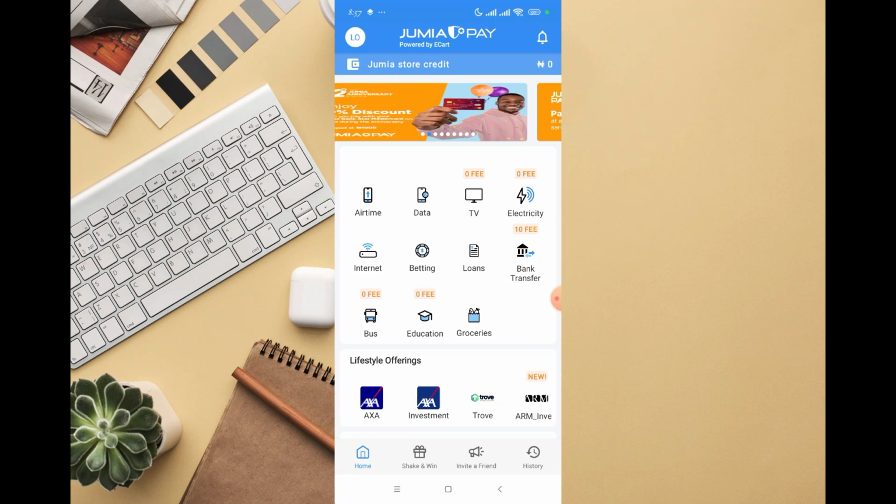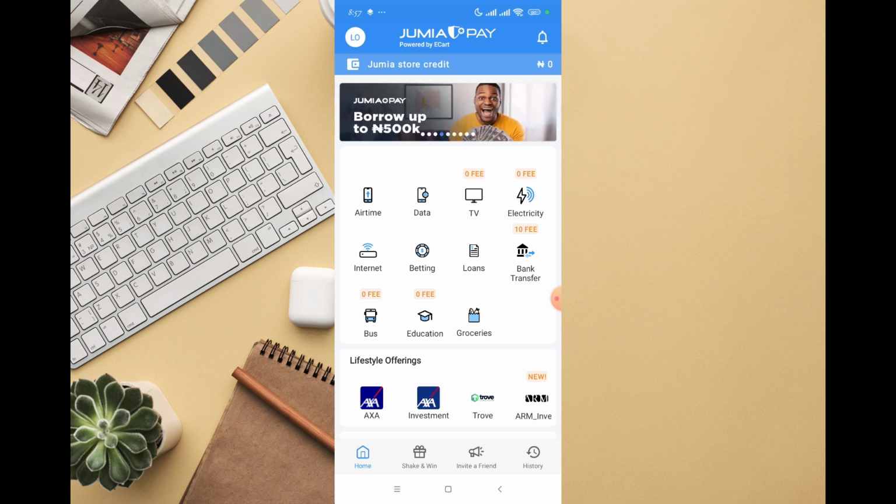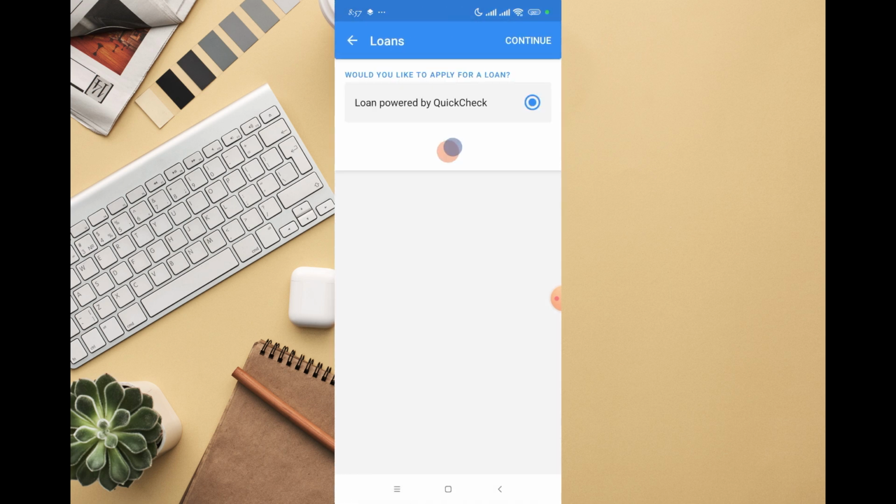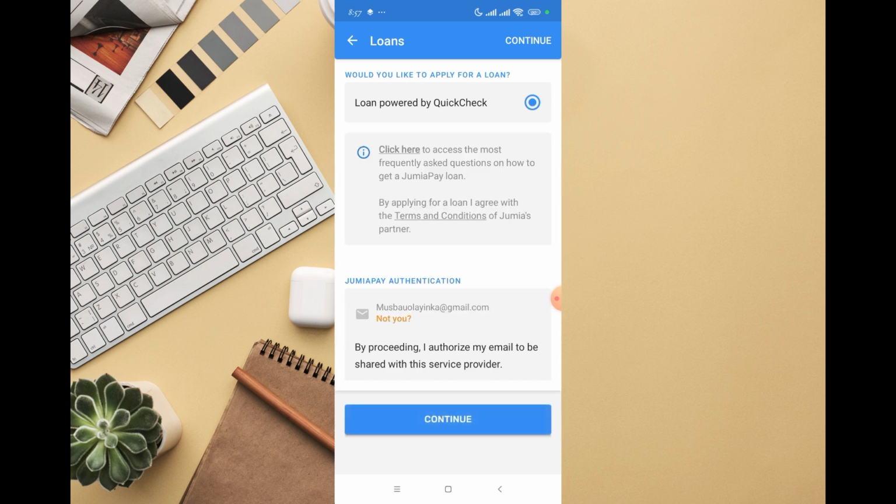In this video, I'm going to walk you through how to borrow money from Jumiapay. So basically, after registering your account, the next thing you want to do under your dashboard is to see all these features right here. So there you see loan, so you can also click on that. Then it's going to take you to a page like this where you can see loan powered